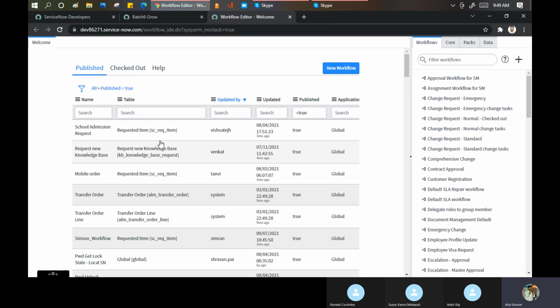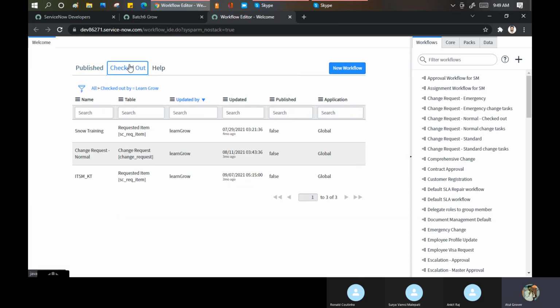It means these may or may not be attached, but all are in the published state, meaning you have already done your changes and you are saying, if anyone wants to use this workflow, they can. Checked out means the workflow on which you are working at the current point of time. Like I say, I'm working on a book version 2.0, but it doesn't mean that 1.0 is out of the market. No, 1.0 is still there, but you are working on 2.0.